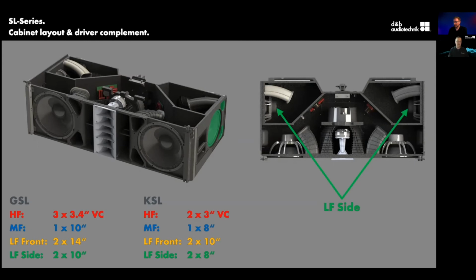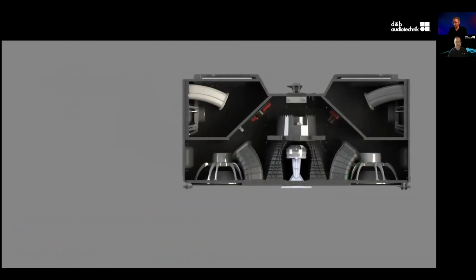So what's interesting about this is, like I said, we get complete addition to the front. So we can almost consider the GSL, with the addition of cone mass, to be a double 17. Really, if you take the addition of the 14 and the 10, and then for the KSL, we can consider this to be, with a cone mass addition, a double 12. So even though the boxes are smaller, they definitely have the impression of something much bigger, in the LF in particular. So how do we power that?